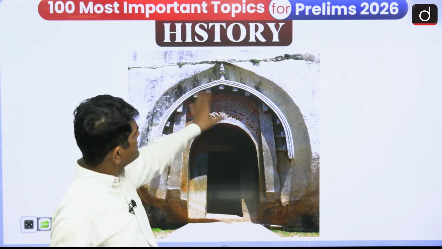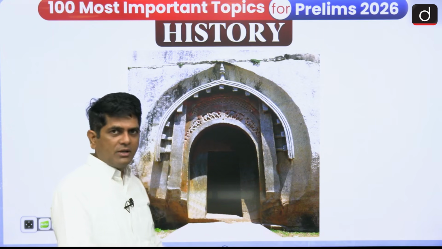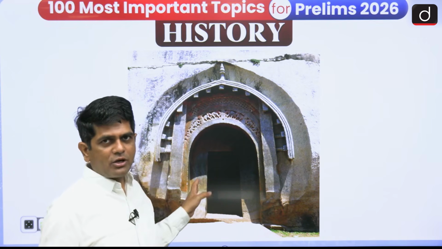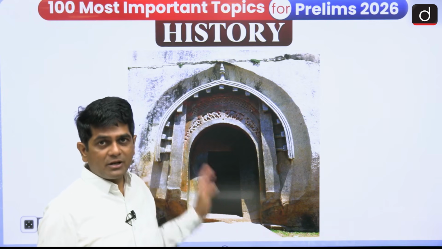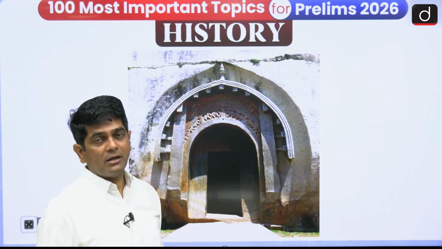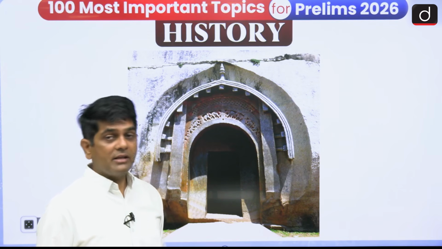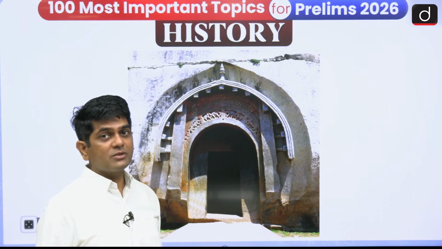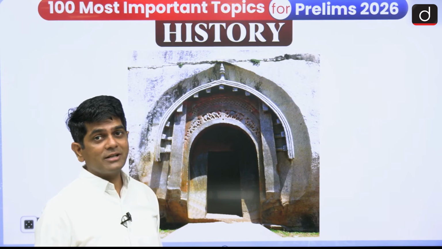So 4 rock cut caves built by Ashoka, and these rock cut caves of Barabar Hills represent the earliest man-made caves in India. Then came his grandson Dasrath, and near Barabar Hills we have Nagarjuni Hills, and here